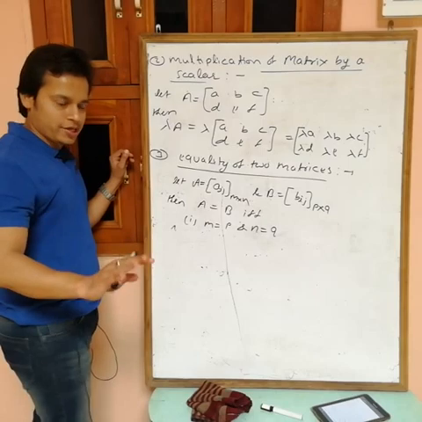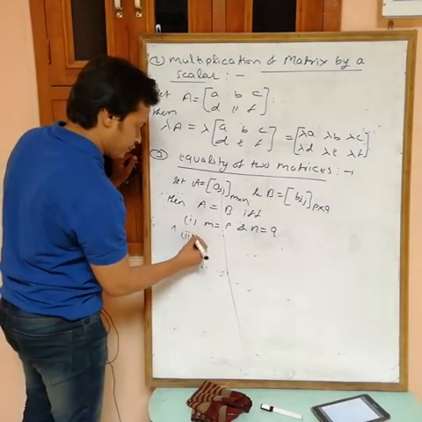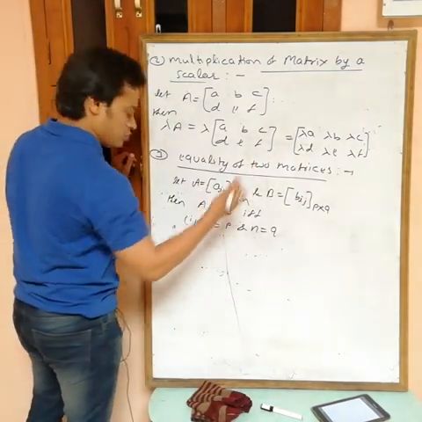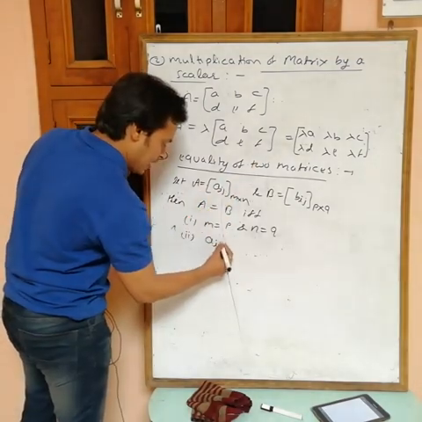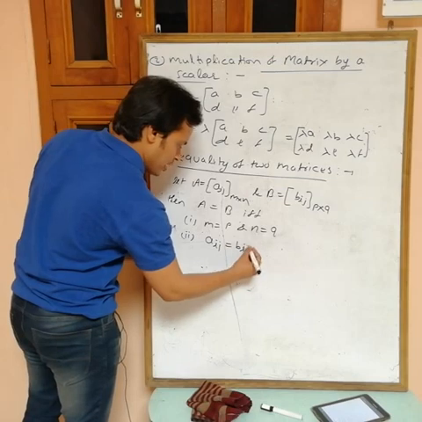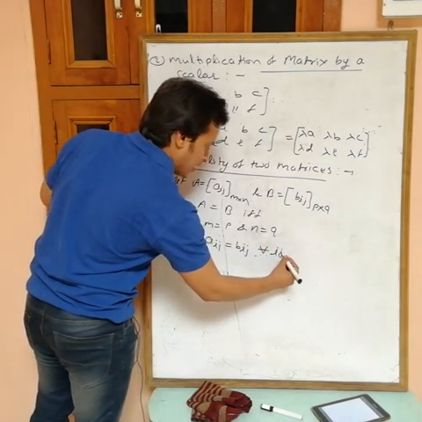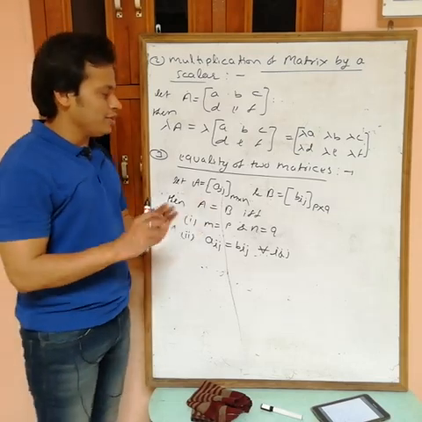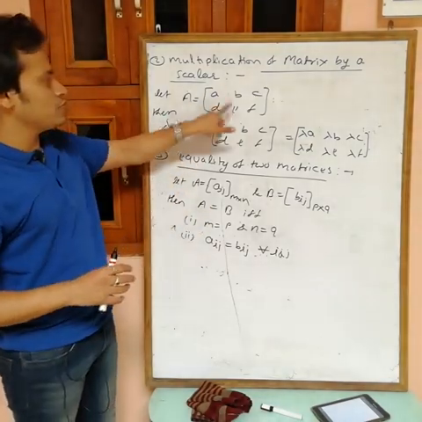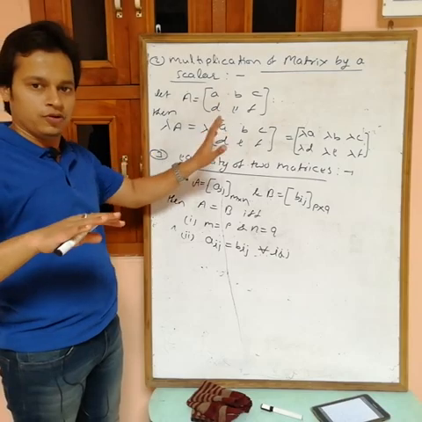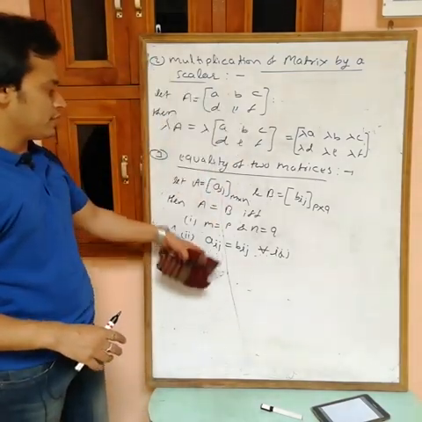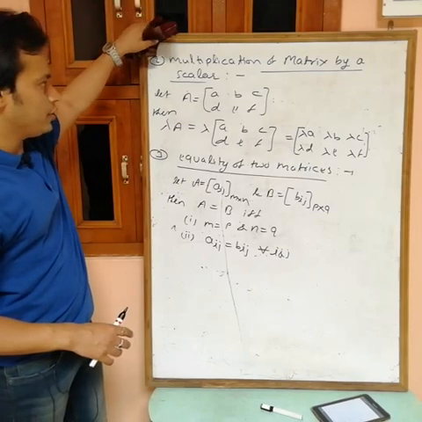After that we are getting the same order. And the second thing, now corresponding elements must be the same. It means Aij must equal Bij for all i and j. No need to remember this; easily, any two matrices, this matrix is equal to itself only. We will take an example for this one, equality of two matrices.